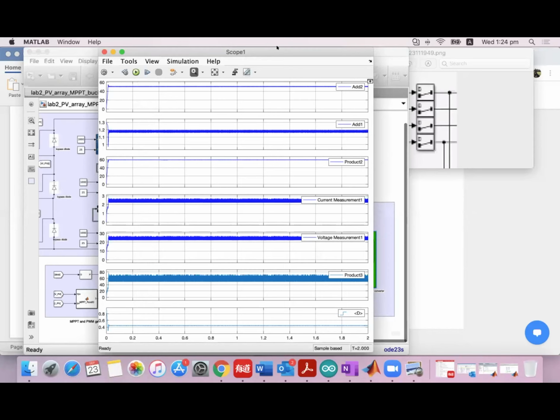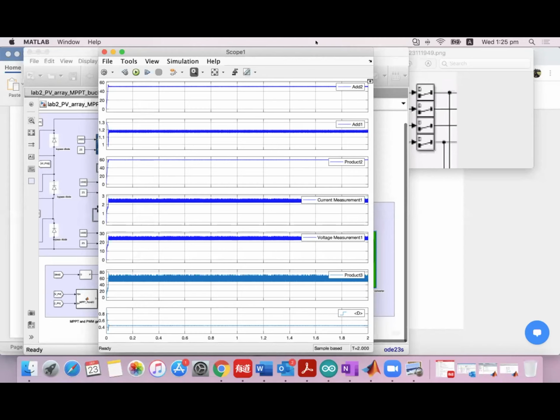It can be slightly different, because if you choose different parameters or your duty increment, a little bit larger or a little bit smaller, it can be a little bit different,